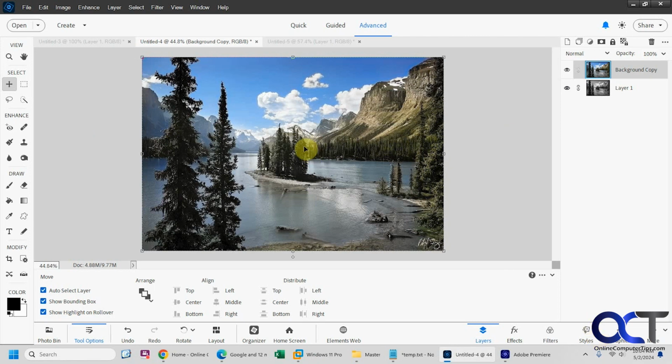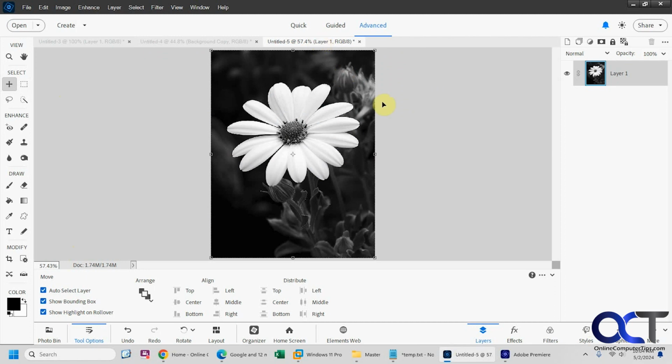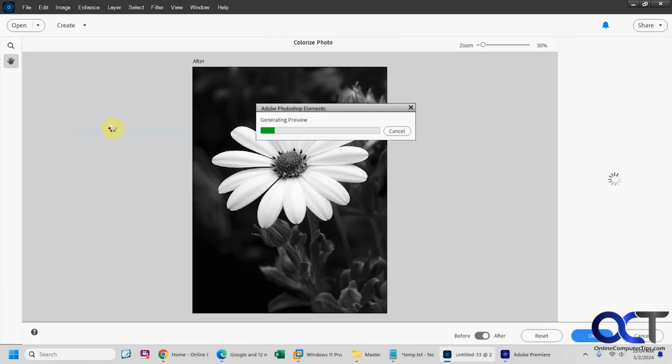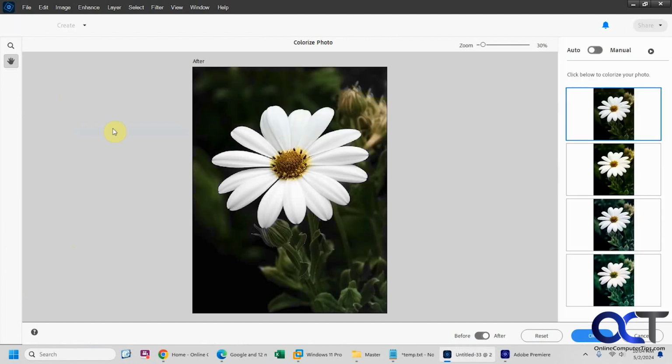That'll load it back up in the regular editor, and then you could make some other adjustments with the typical Photoshop tools. Alright, so let's pick another one here and use some of the tools that are available in the Colorize options here. Okay, so we'll do the same thing to start. Alright, so you can see it did a pretty good job, but let's say we want the flower petals a